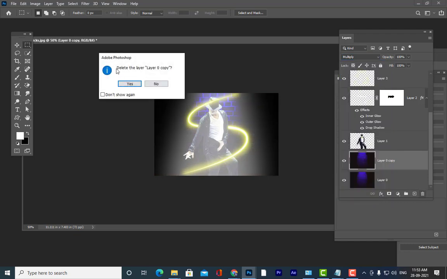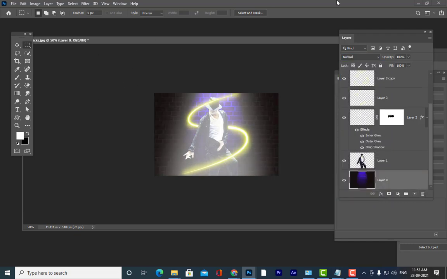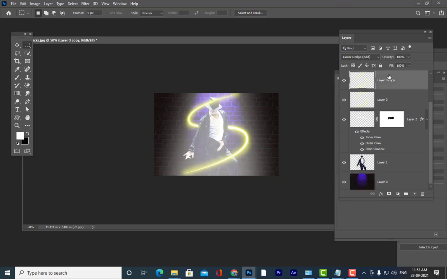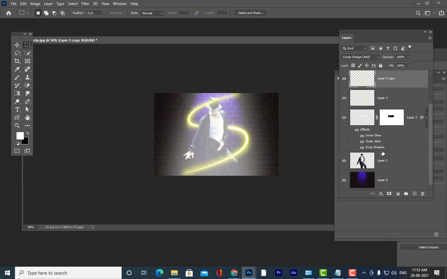You don't have to take a new layer here. We have given a sunlight type of streak, a light streak. We have also given this background lighting effect.